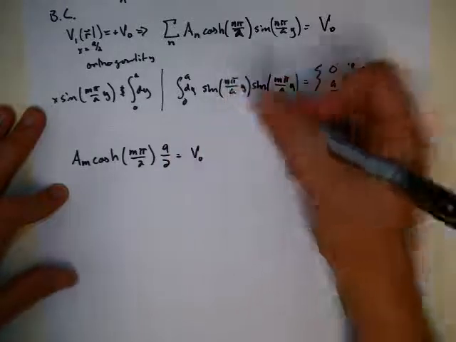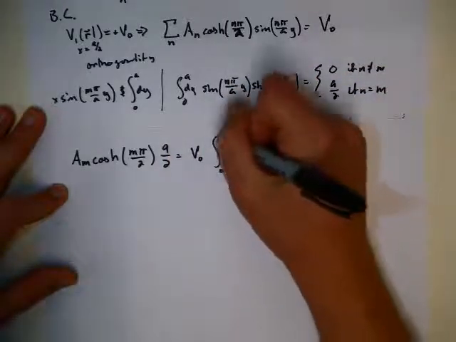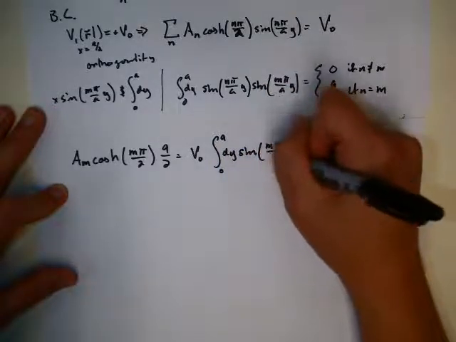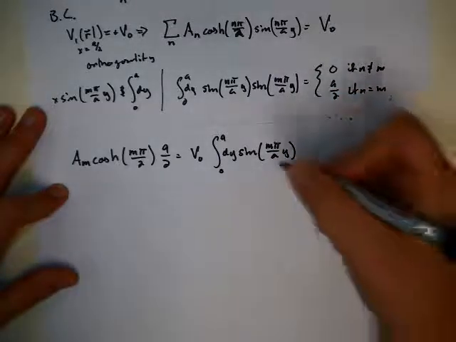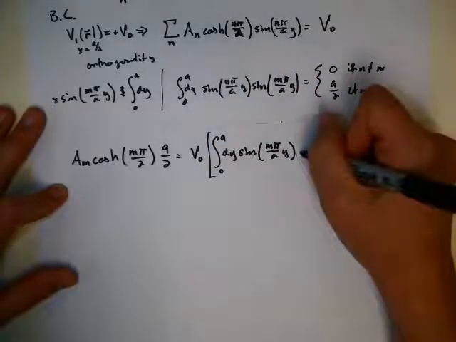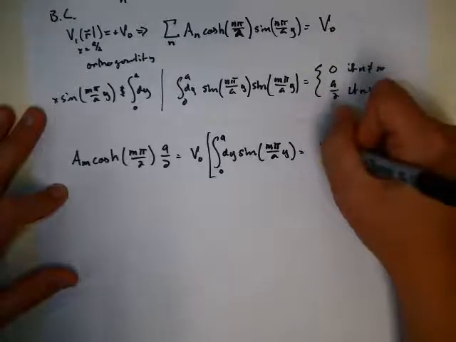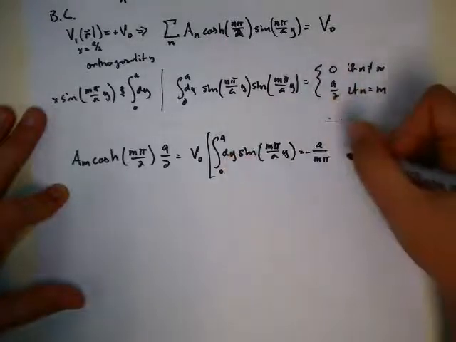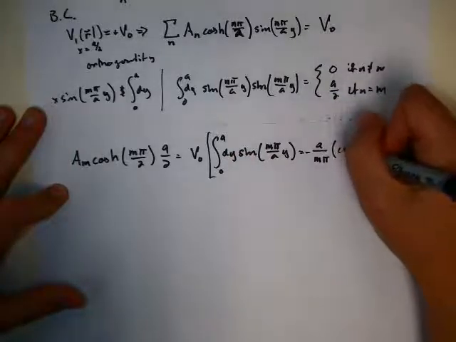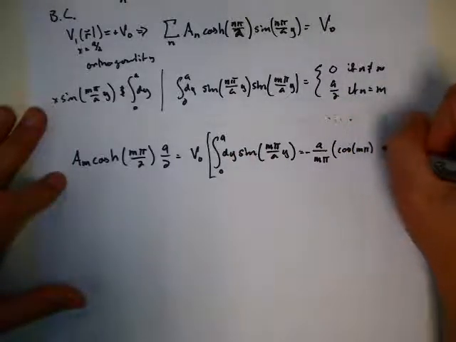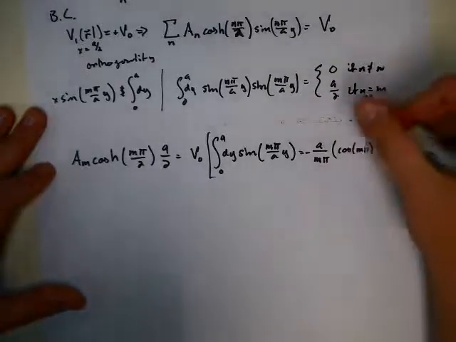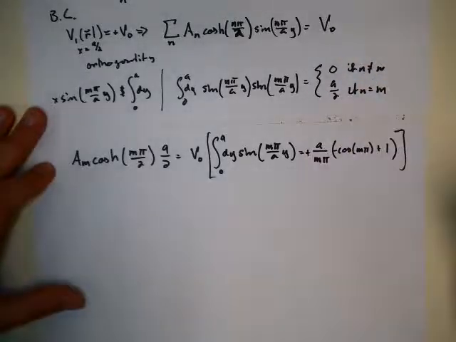And now I need to do this integral. So this is the integral from 0 to a dy of sine of m pi over a y. But I know how to integrate sine. This is actually really a simple integral, right? This thing here is equal to minus a over m pi, and then cosine evaluated at the two endpoints. So this is cosine of m pi minus 1. Let's go ahead and put a minus and a plus, absorb that minus in there,